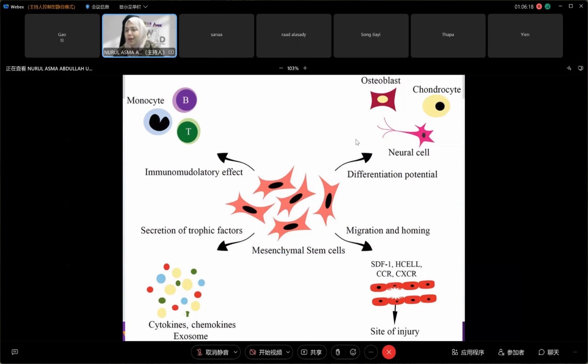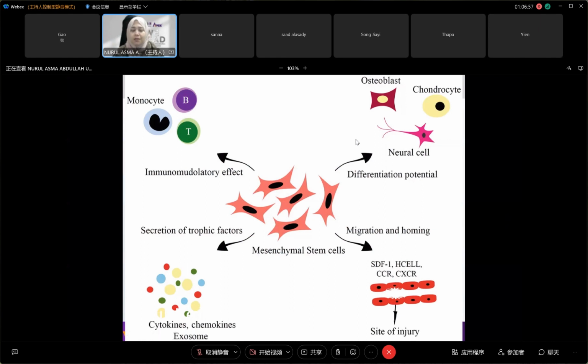So by communicating with the immune cells, these mesenchymal stem cells can have immunomodulatory effects, whereby they communicate with the immune cells to help protect the environment. And also by secreting some trophic factors like